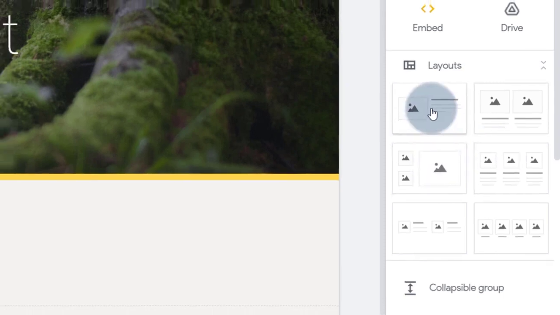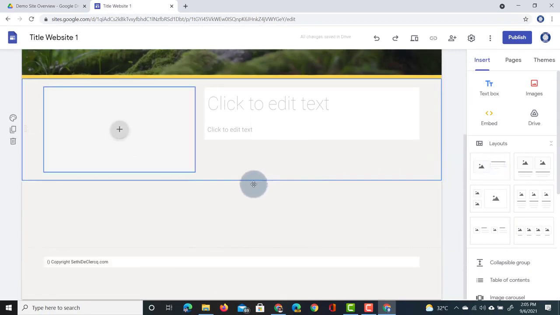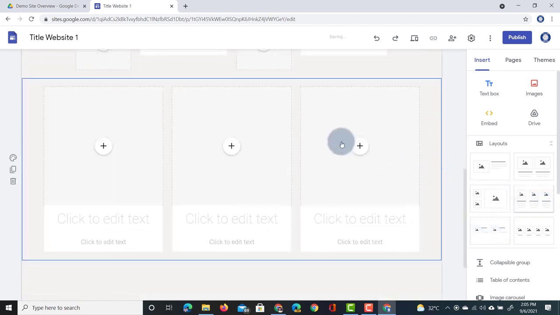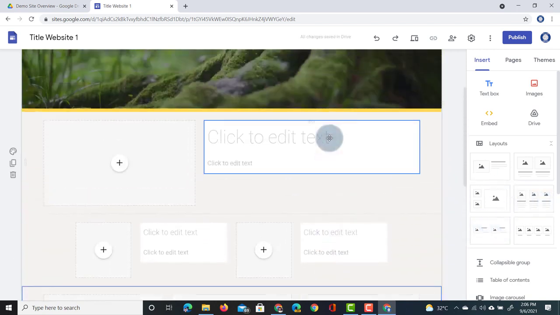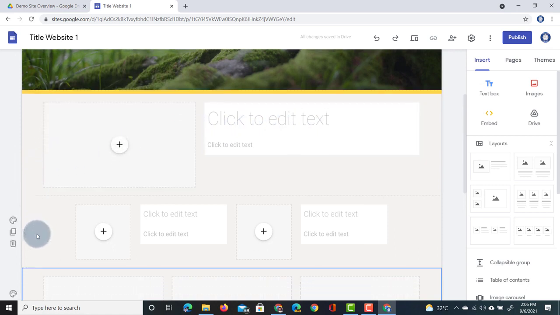Let's go ahead and select this first example and click. You can see it automatically adds in that section. Now if you click on another section, it will add it below that and below that. This way you can very quickly build up a website, and as you can see, we have separate sections. This is one section, this is a second,